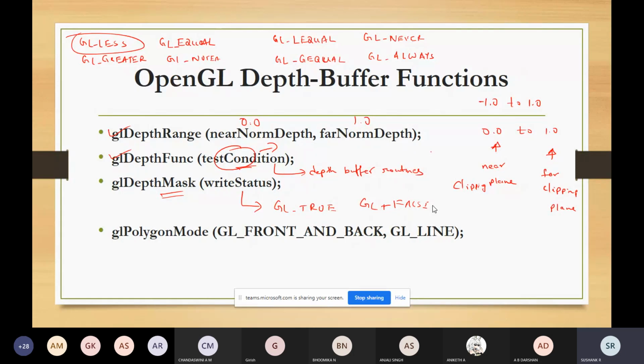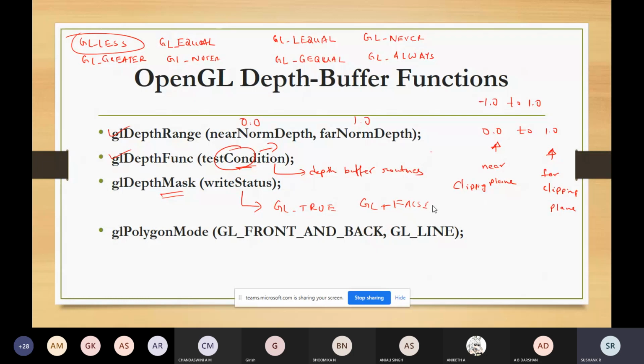And we also have one more function, for when you're using a wireframe display of the standard objects. You can request OpenGL such that only edges are generated. For that you can use the glPolygonMode function. This function can display both the hidden edges and visible edges.